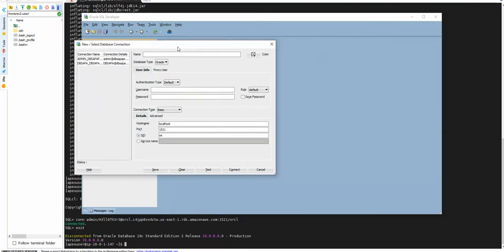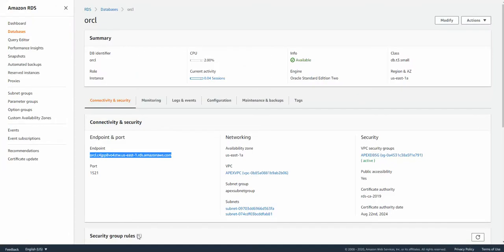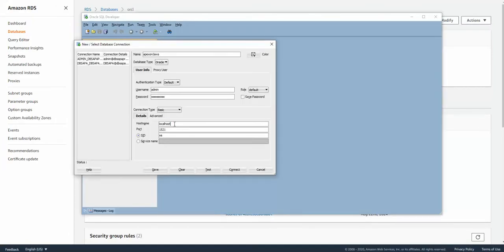We will call it Apex Oracle AWS, the username is admin, and the password is whatever we have given. The host name we pick again from here, 1521, and the SID is ORCL. Okay, connect.